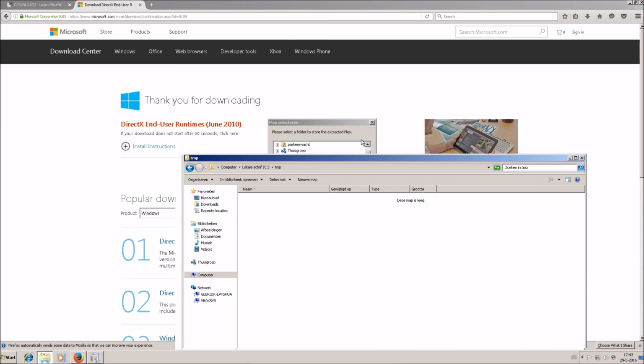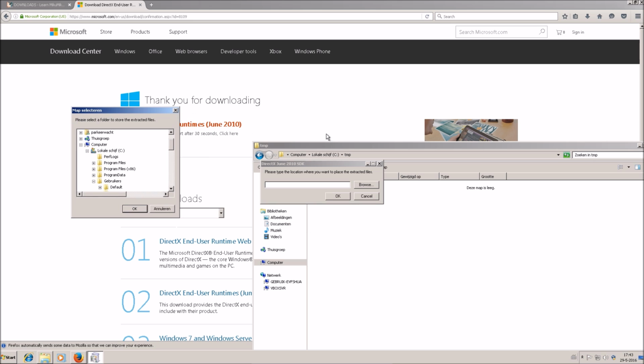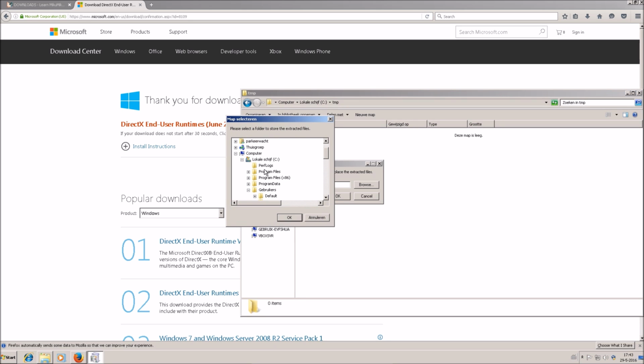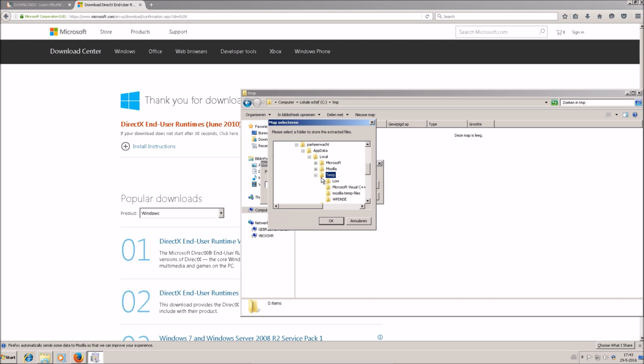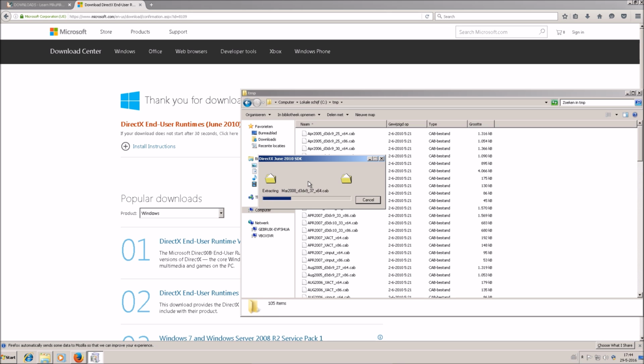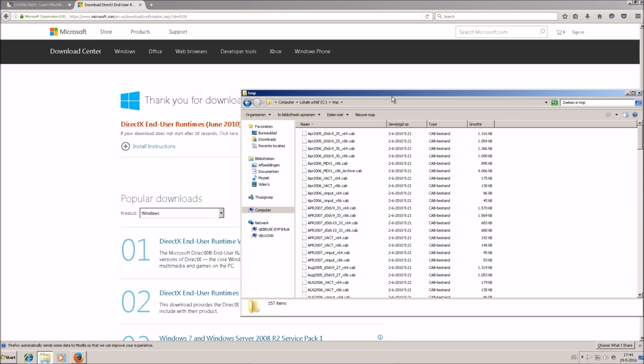I'm used to having two monitors. So you select the folder, then you search for the folder we created. Or even if it isn't there, just open it back up, and it should be there. Or just enter it in this box and press OK. And it should